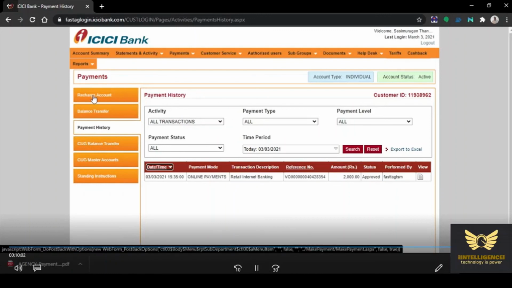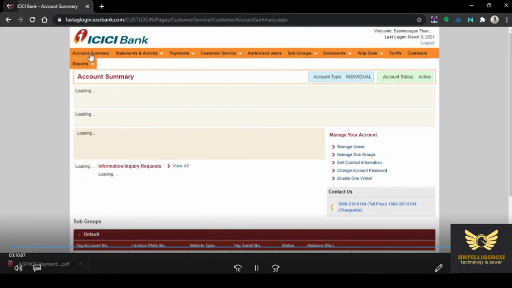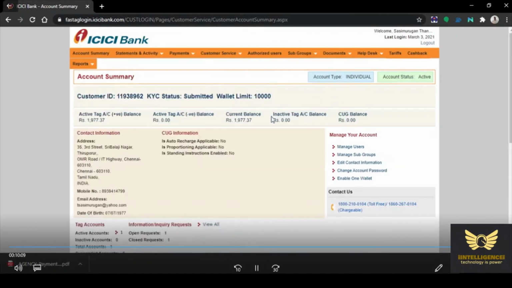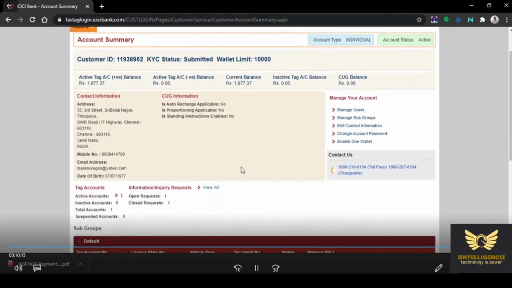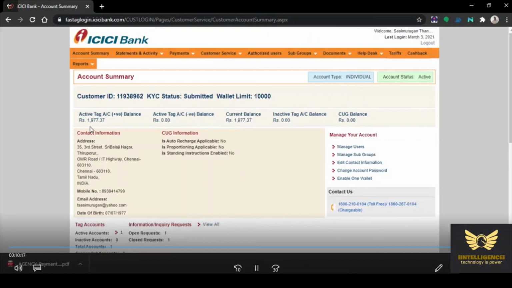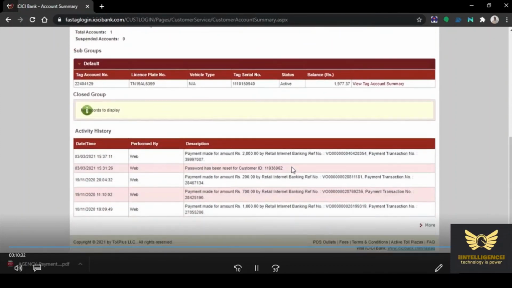This is payment history. Go to account summary, click it. Yes, the active tag account balance is positive, rupees 1977, because minus 22 something rupees was already there. So 2000 minus that negative balance, it is exactly right. So the balance has been added.